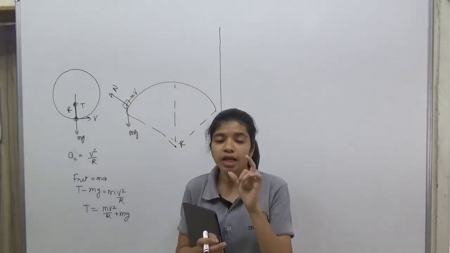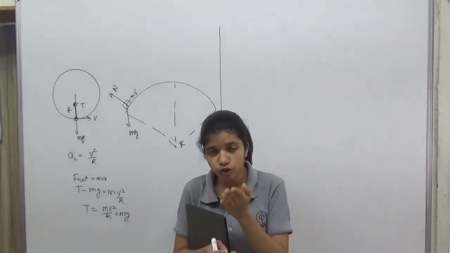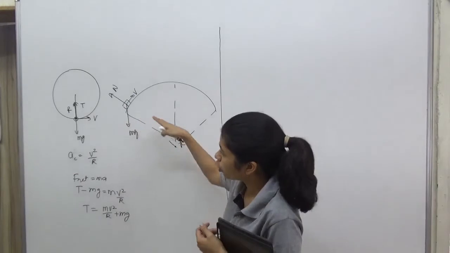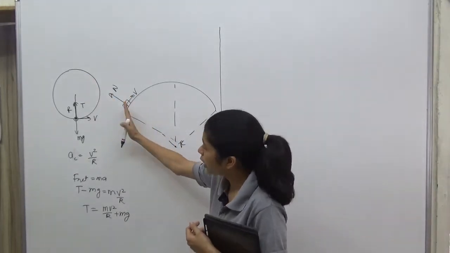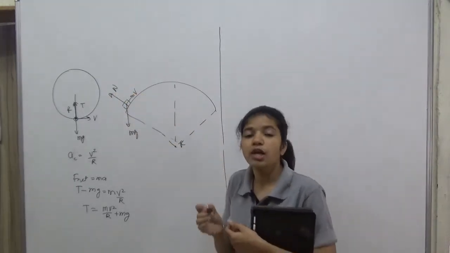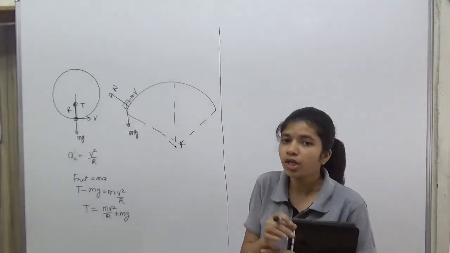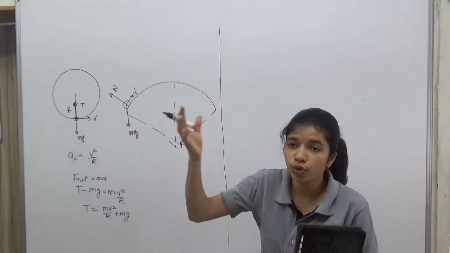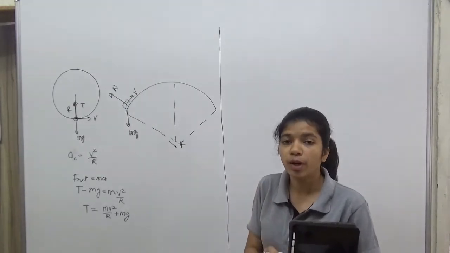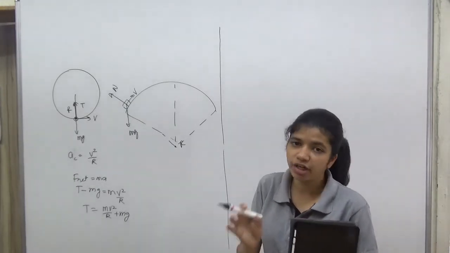If it is moving in a circular path of radius r, then there should be some force towards the center. So mg and normal will provide a force towards the center. Normal is acting in this direction, and a component of mg will be acting in this direction. The resultant of normal and the component of mg provides a force in the radial direction, and that resultant is nothing but the centripetal force. Centripetal force is not a new force which gets introduced when the particle is moving in a circular path. We are just saying that when moving in a circular path, we need a force towards the center, and because that force always acts towards the center, we gave it a name, centripetal force.